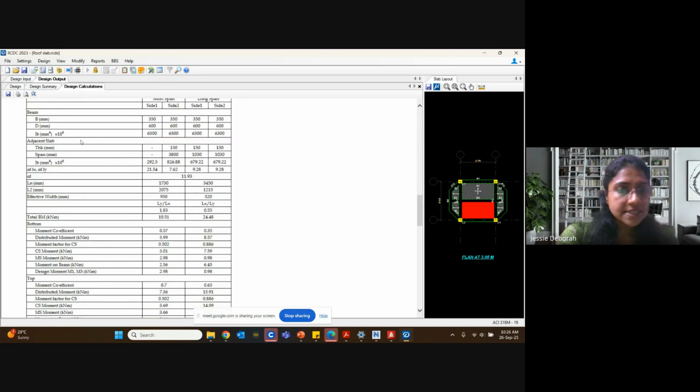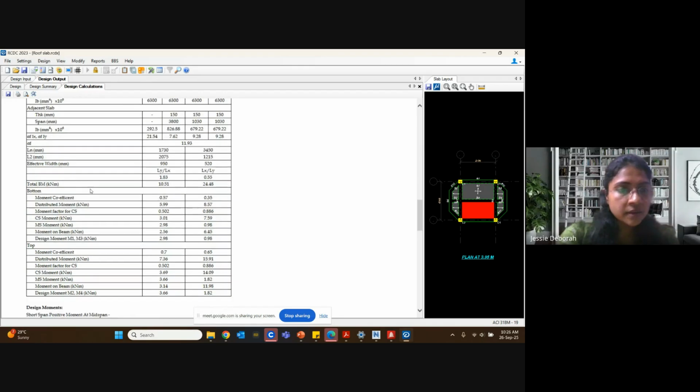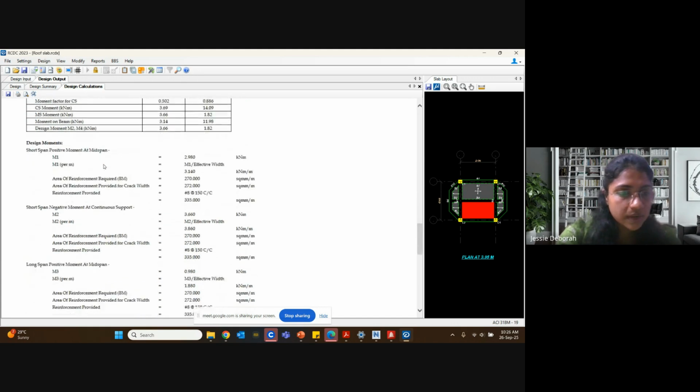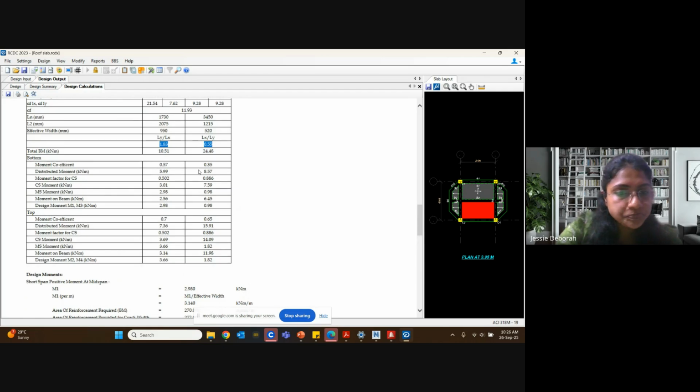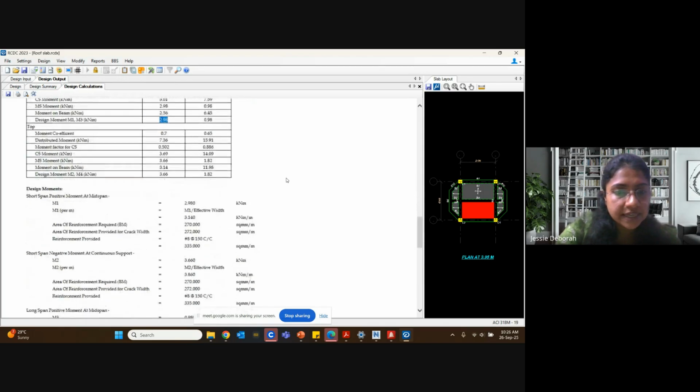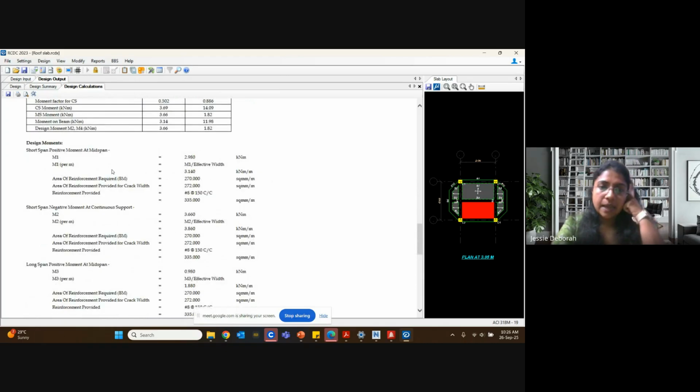Okay, then what is happening is this is calculating total bending moment. It takes LX, LY and checks the direction, long or short slab, and then it is calculating. This itself will calculate. Now let's get into the detail. Design moment. What moment did we get? 2.98 and 0.98, right? For short span it is 2.98. So what is moment? M1 by effective span is the moment, right?